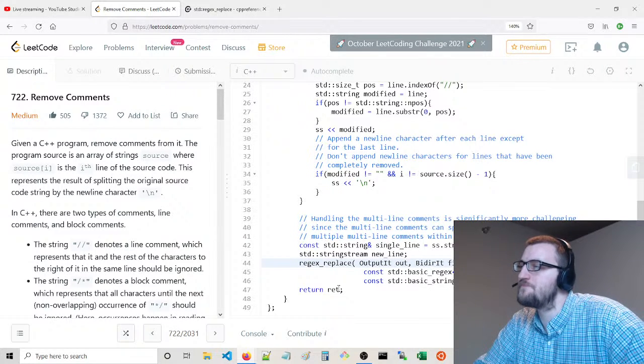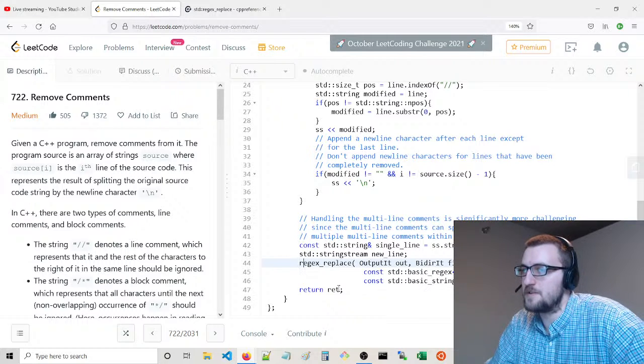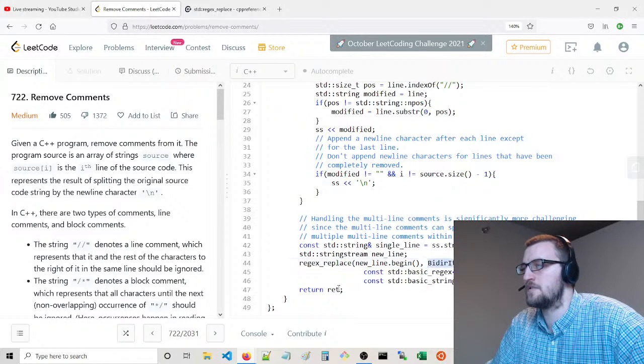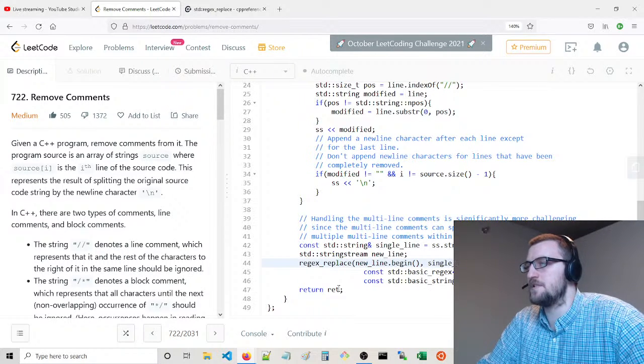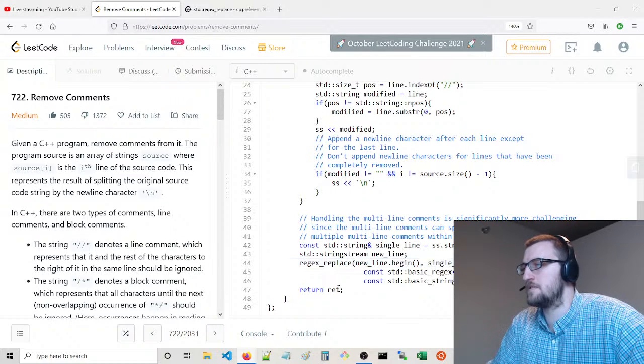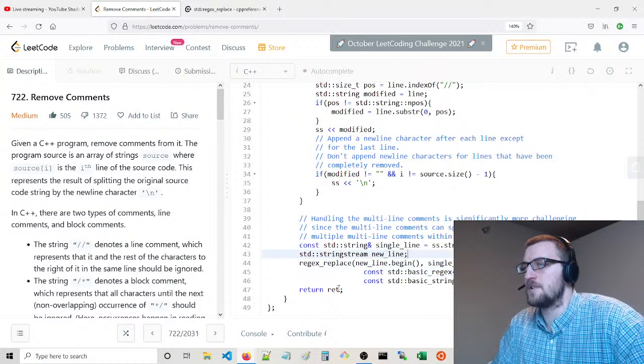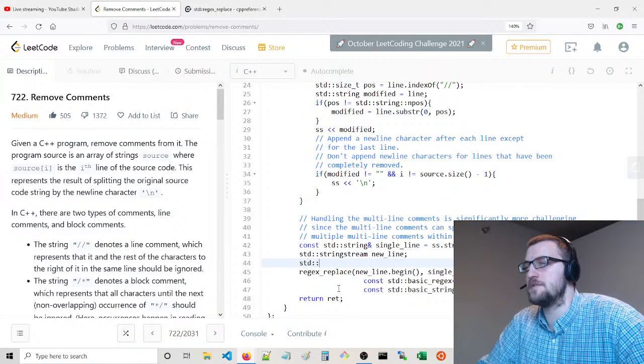We don't actually need the iterator here. The output iterator is going to be new line. line.begin. We'll say single line begin, line.end. For the regular expression, we're going to use standard regex.